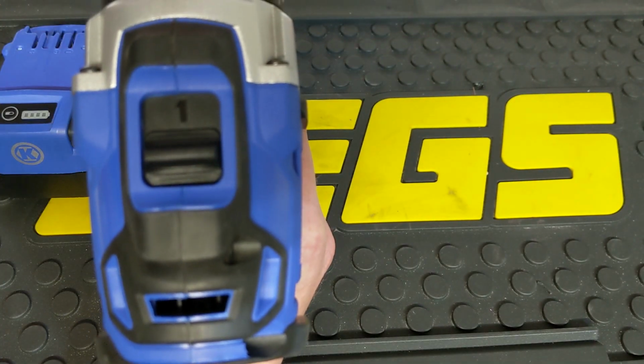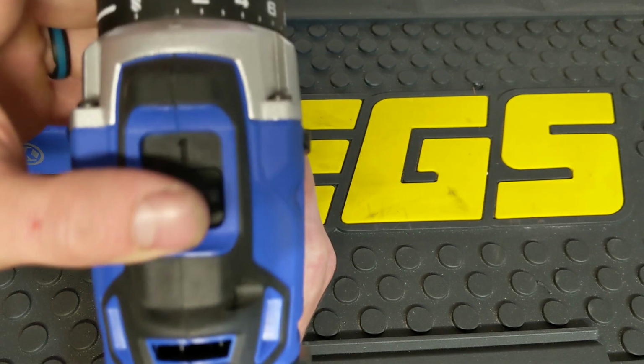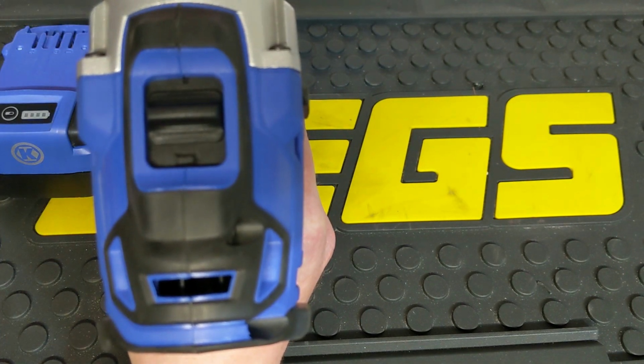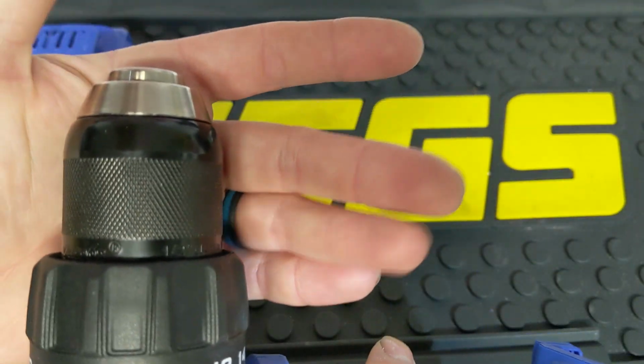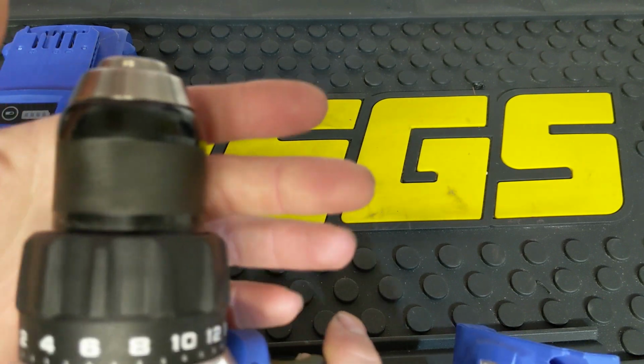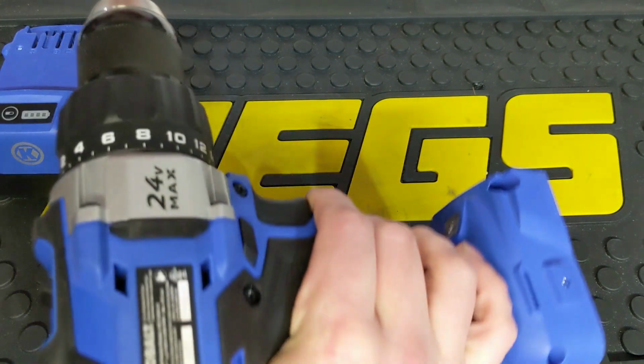The first speed is 0 to 550 RPM, and then the second speed being 0 to 2000 RPMs. It is a keyless all metal chuck, so that is nice. I do like that it is all metal. You have that knurled finish there to get a good grip on it when tightening down on a bit or